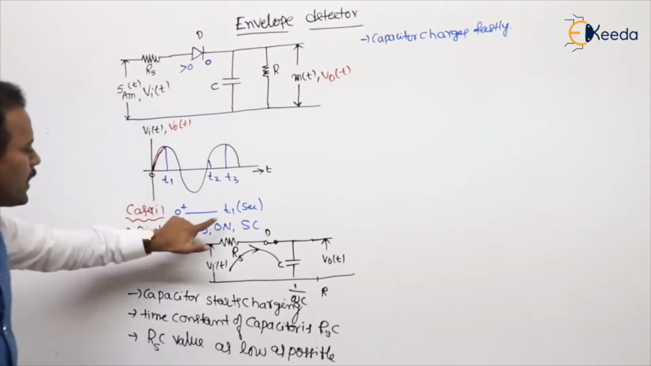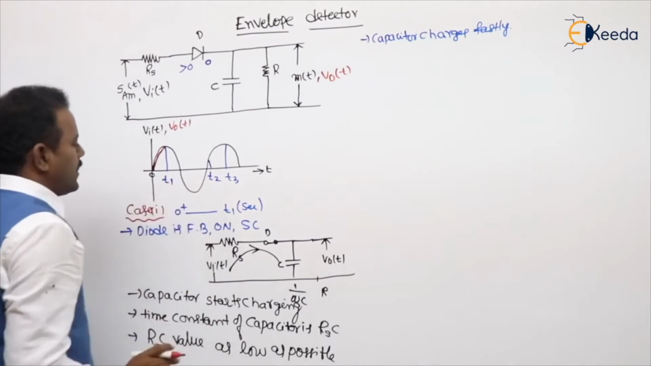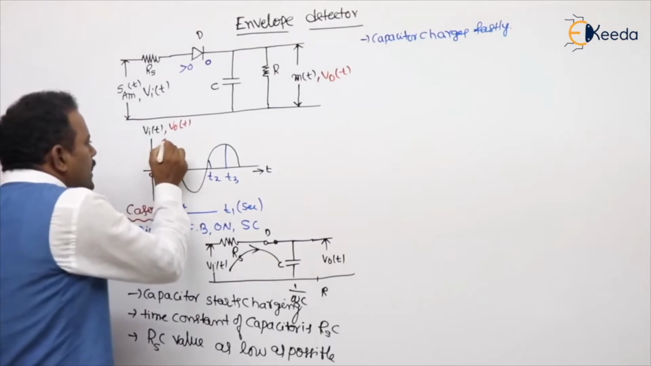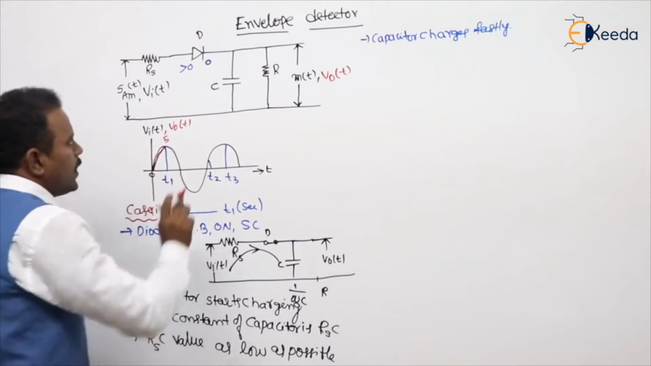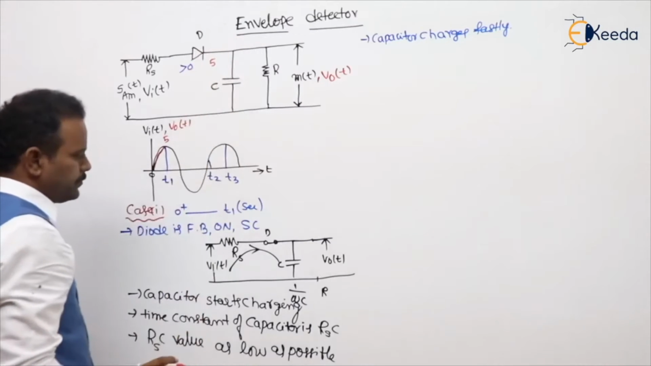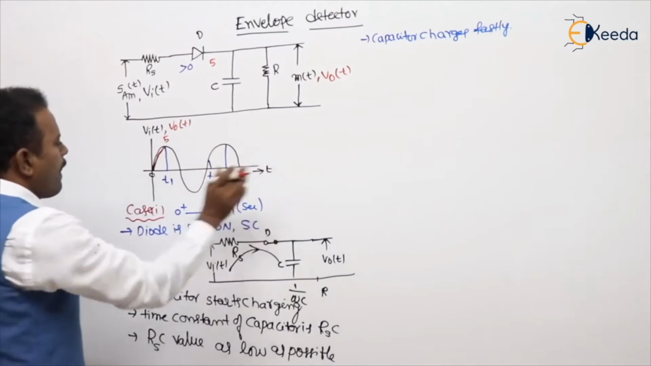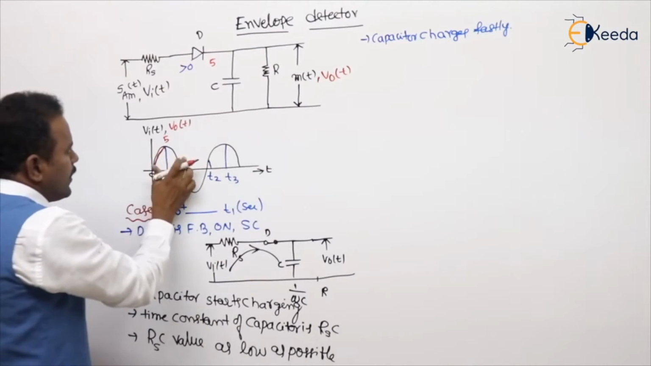So, from 0 to t1 seconds, it is charging. Let's see t1 to t2 seconds. For example, both are at a peak value of 5 volt. Now the capacitor is fully charged to 5 volt, with the capacitor at the negative terminal. Are you getting my point? Now, try to see. Immediately after t1,